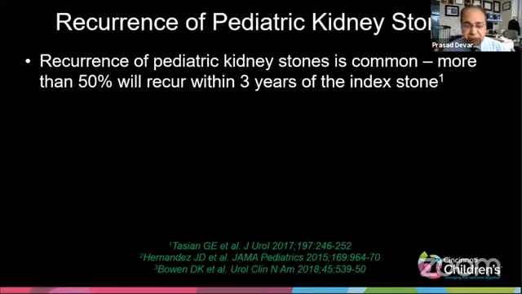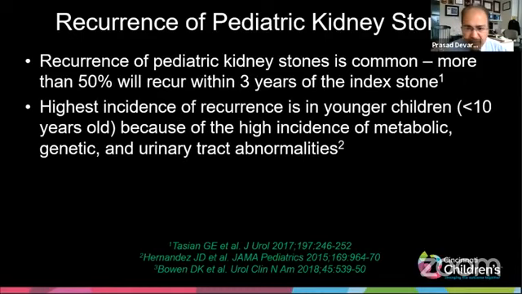If a 6-year-old gets a kidney stone, he's going to get another one in 2 years, and then another one in 1 year, then another one. By the time he becomes an adult, he's going to get about 10 kidney stones, which is terrible. Terrible for many reasons, and we'll come to it later. Obviously, the ones with metabolic or genetic or urinary tract abnormalities are the ones that get the highest incidence